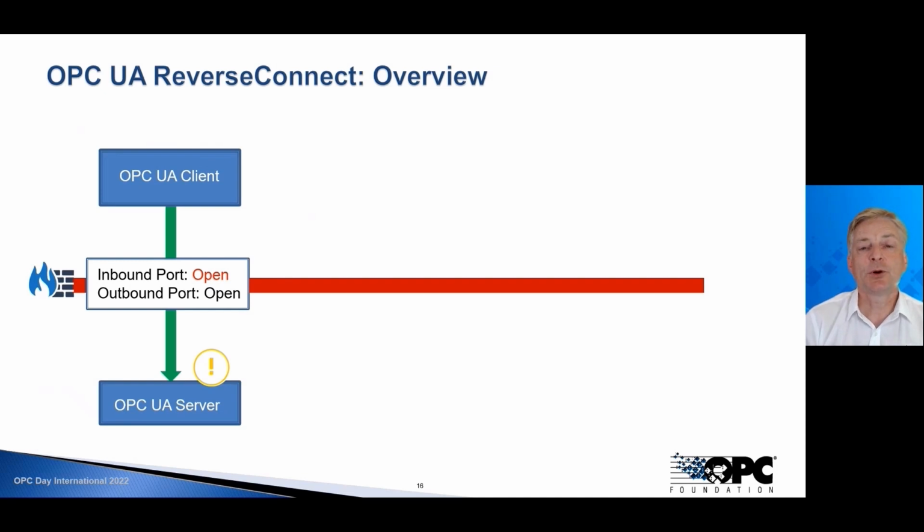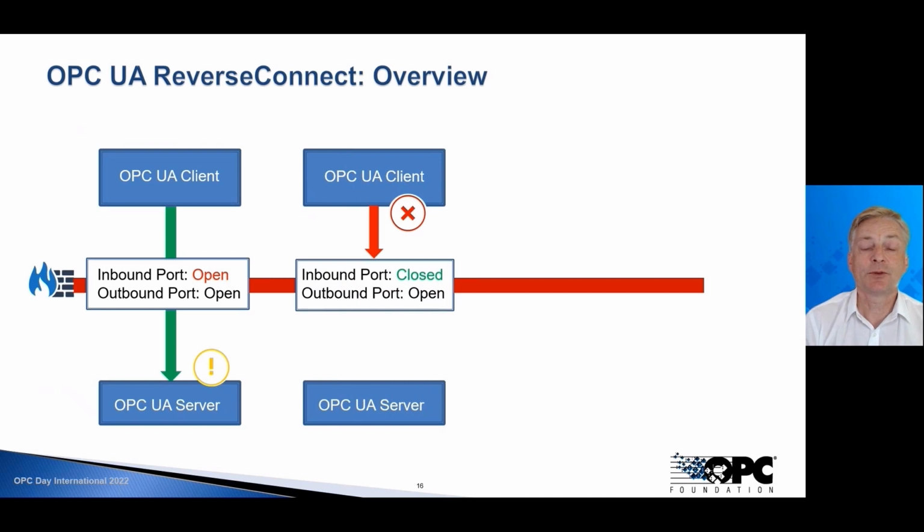fashion. If you just open up the firewall inbound port for the OT network, what happens is, as shown in the diagram, you can connect with the OPC UA client down to the shop floor, to the OPC UA servers. However, you're also exposing your network to risk since you have an open inbound port. Of course, if you shut that port down without any other strategy, then you've got no connectivity, so that